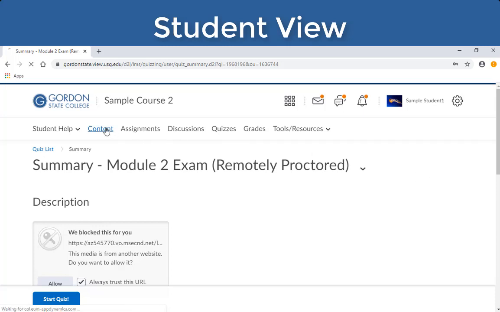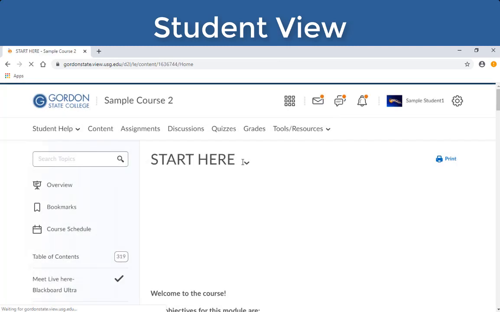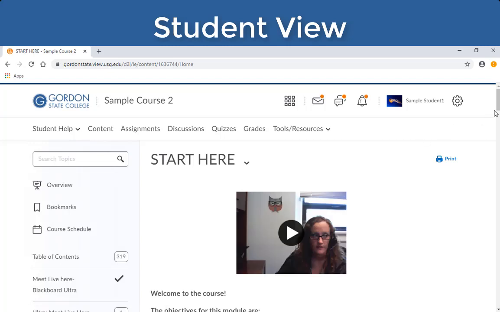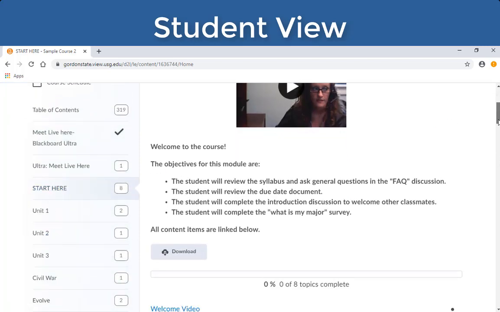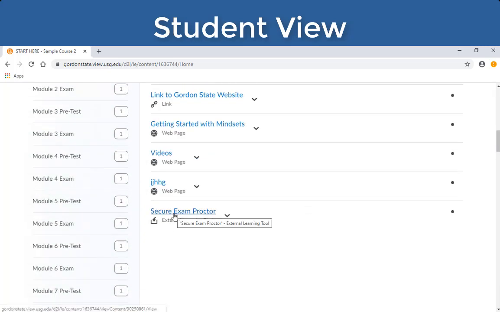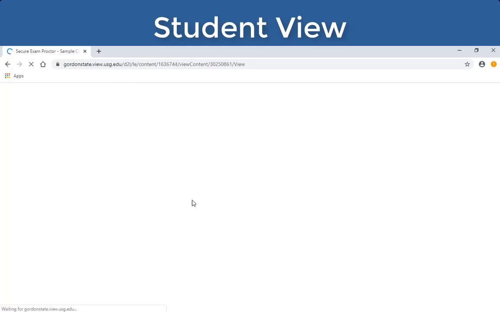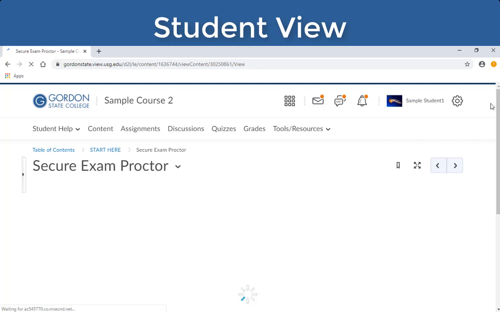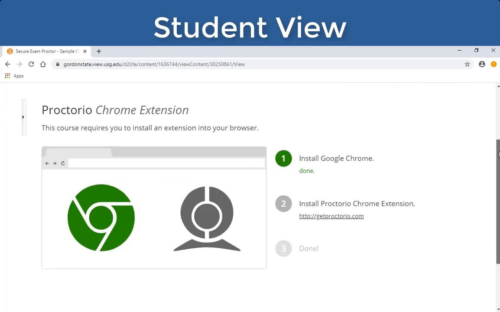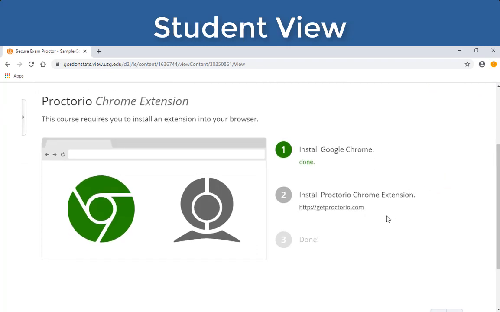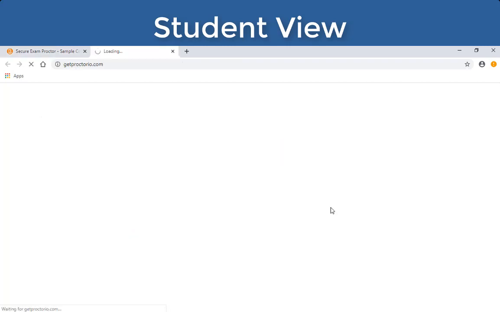In order to do that as a student, I need to go to the content area. Just like with the faculty member, I need to go to the area where we have placed the external learning tool for us to be able to download that Chrome extension. For me, I put it in the content area in the syllabus module or the Start Here module. So I'll come down and choose Secure Exam Proctor. Then it's going to notify me if I'm using Google Chrome, which I am, and I'm going to be prompted to install the Proctorio Chrome extension. So I just choose Get Proctorio